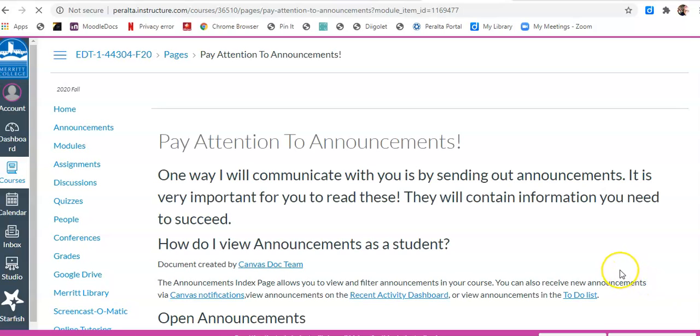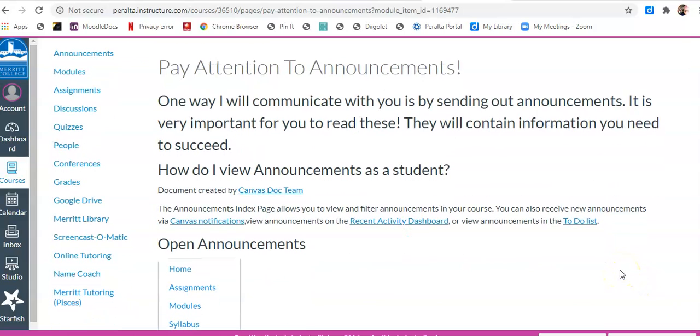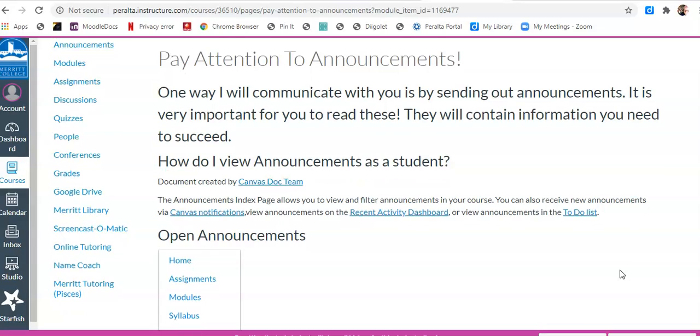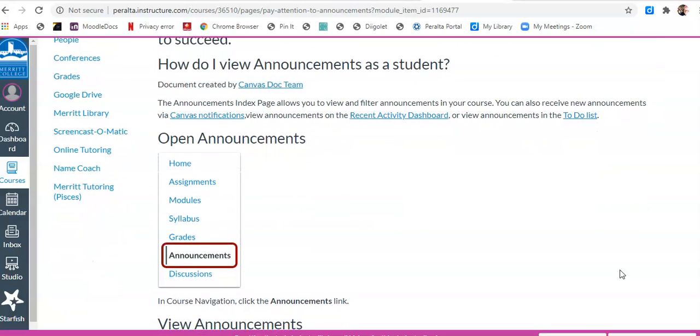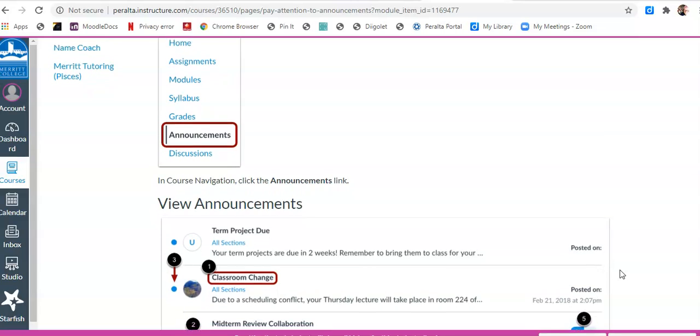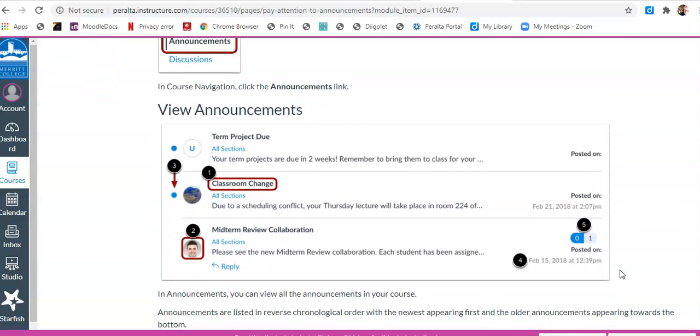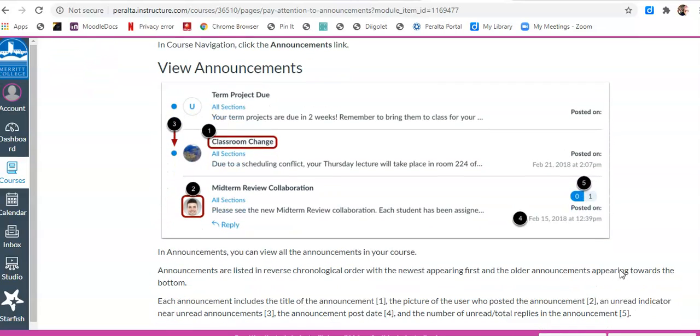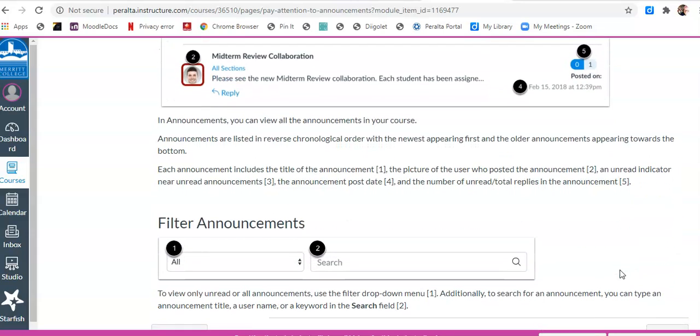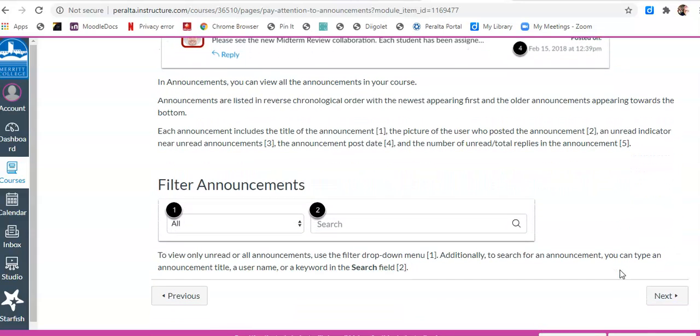Okay, next page. Announcements are so important to you. And here's the thing about how to view announcements. And when you're teaching, I hope that you'll be sending out announcements to your students to let them know things like what's coming up this week or all kinds of things.